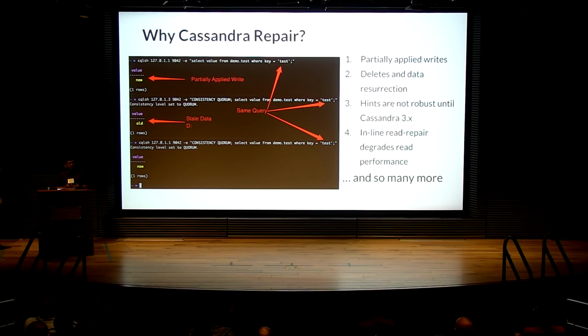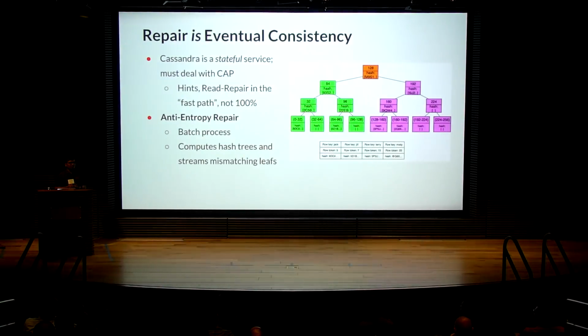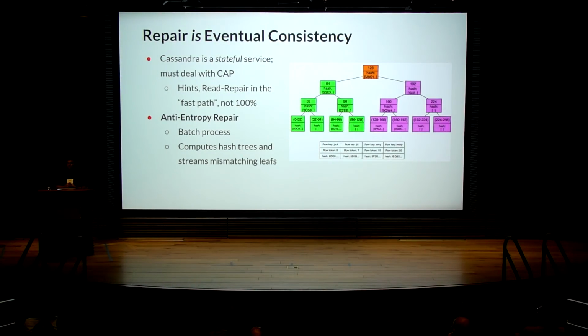Cassandra provides several hooks to alleviate all these issues that we are talking about, but even enabling those hooks comes with a cost. So you might not be enabling inline read repair on 100% of the traffic. There could be many more such scenarios. But is there a solution? Yes, there is: Cassandra repair, which is an anti-entropy operation that ensures your data is eventually consistent in your Cassandra backend store.